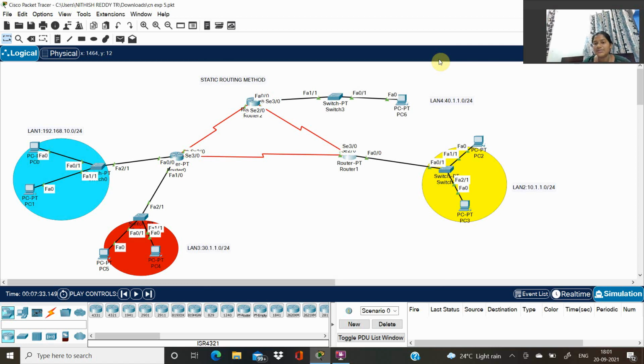So now let's ping from our LAN 2 to LAN 4. Now we're going to ping from PC2 to PC6.